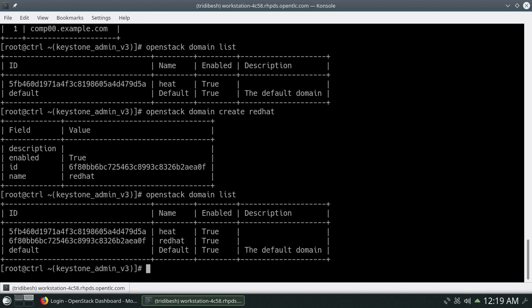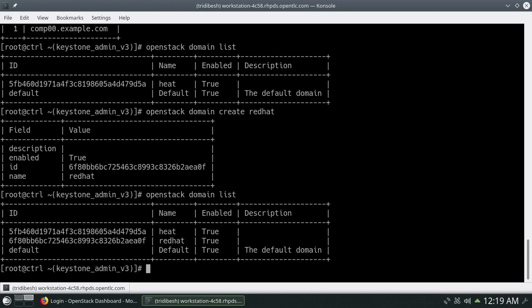So now what we will do, we will enable the multi-domain support for our Keystone, so that we can work with domains and also have a centralized LDAP authentication in the background. So let's do that.